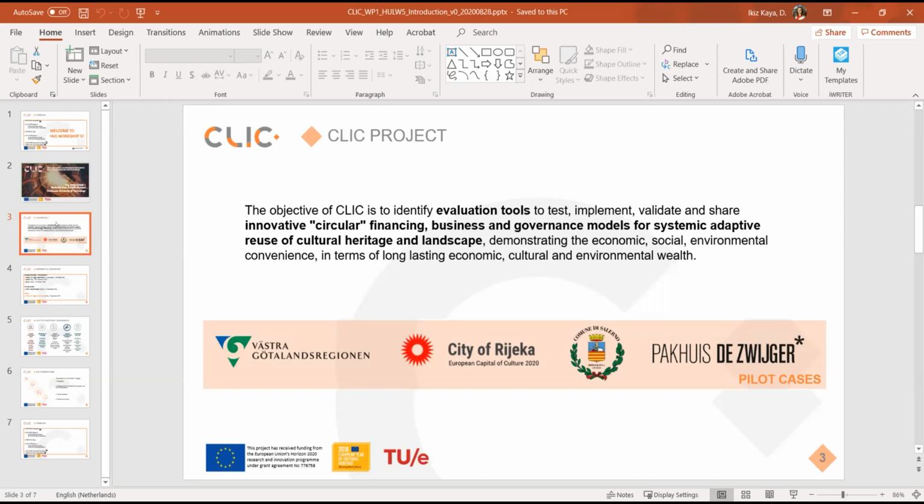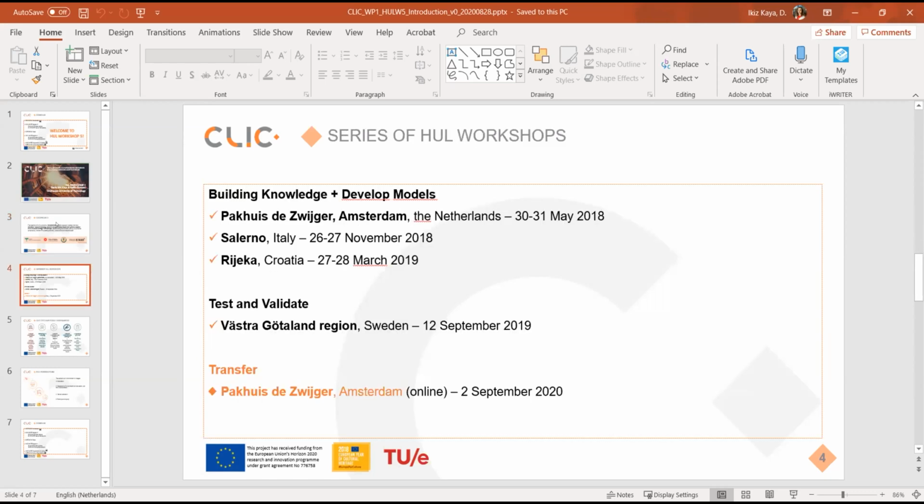As you all know, CLICK is a Horizon 2020 research and innovation project that focuses on the adaptive reuse of cultural heritage and circular economy. During the 3-year duration of this project, a high number of innovative circular finance, business, and governance models and instruments have been developed to support adaptive reuse. This workshop is going to be the last one, and we have conducted previous ones in all the 4 pilot cities. Unfortunately, this one we had to do online due to the COVID regulations, but nevertheless, it's great to even meet